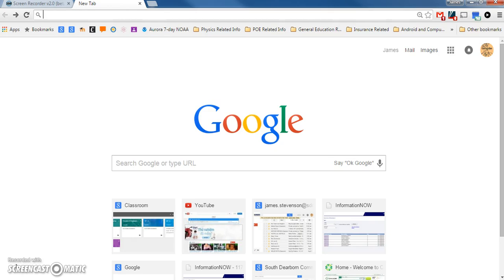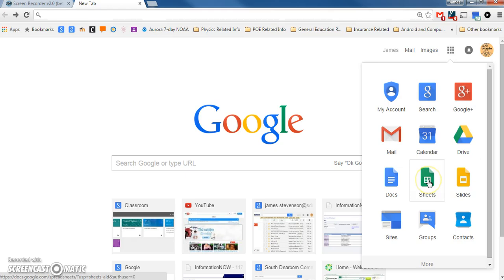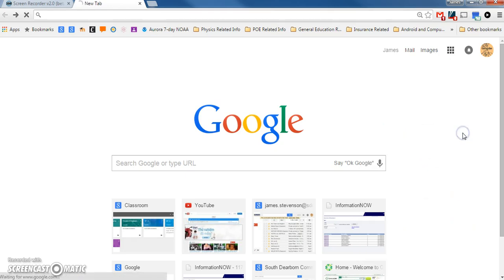If you're on your Chromebook and you click on the magnifying lens option in the bottom corner of your screen, you should then have a list of all your apps, and Sheets, which is Google Sheets, should be listed there. If not, you can go to Google and log in. This is your Google Apps button. Click on that. Sheets is here, or you can go into Google Drive, and in Google Drive, you have a